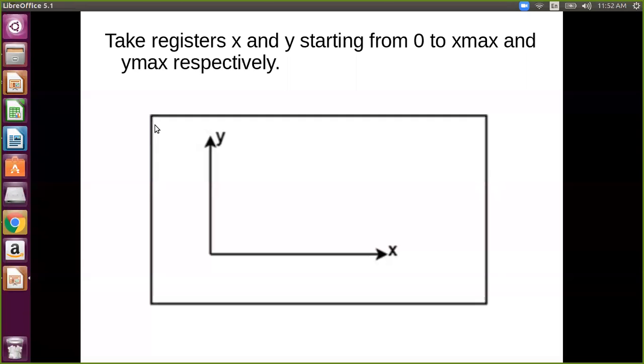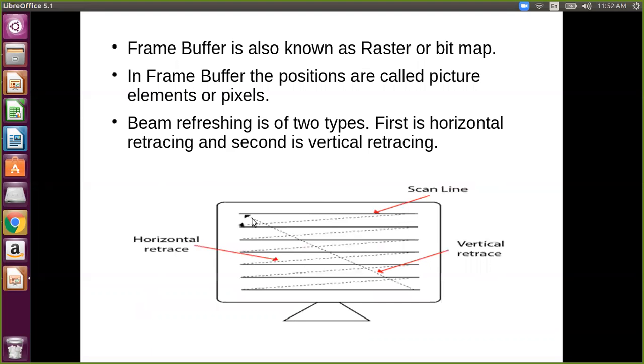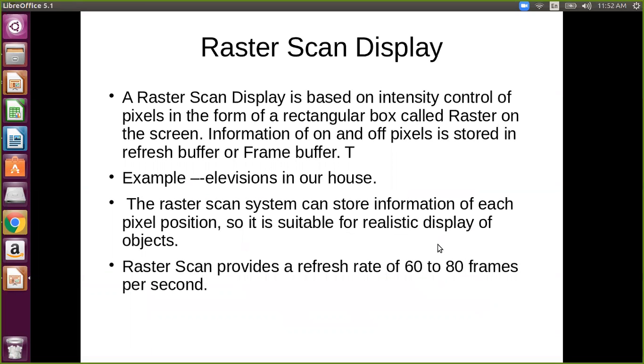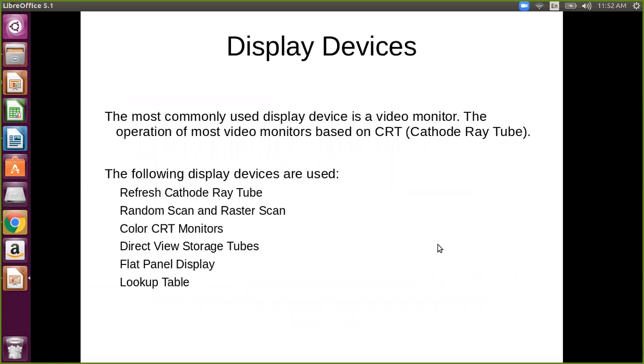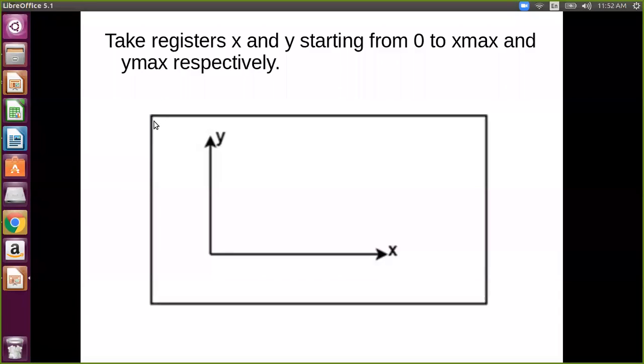In this concept, first the first line is scanned, and then the second line is scanned, like this: the first line, the second line, the third line. We will categorize it as cluster or random next, but first we will feel the concept. So x is taken as 0 and y as y max, because you have to start from this point. If you take 0 0, then x and y will start from the lower left point.